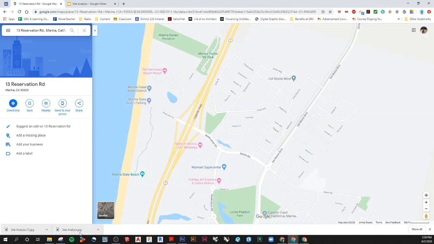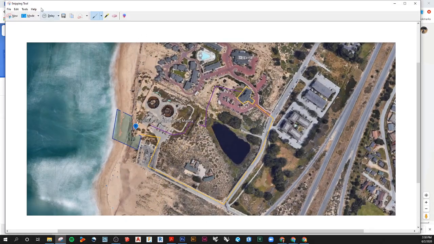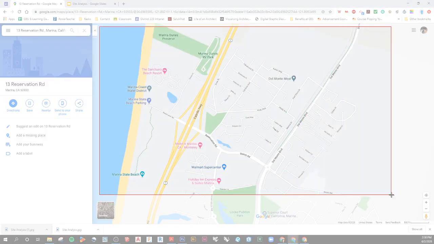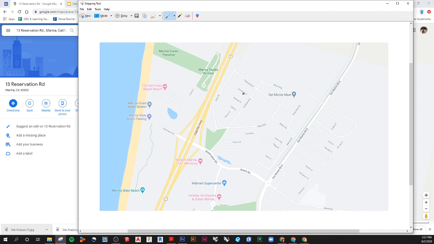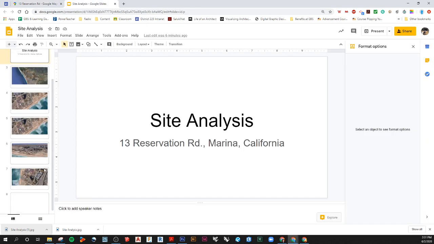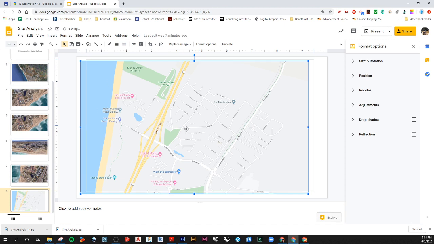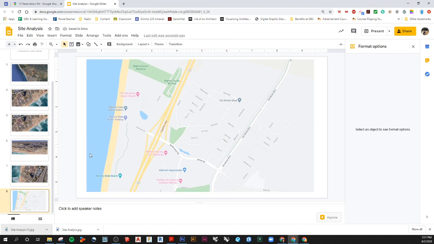So here we're going to use a snipping tool or any other screen capture program that you have for a Chromebook or a web book. And here now that I have this, I'm just going to go and copy it or save it and drag it into my Google Slides. Create a new blank slide, paste that in, Control-V to paste. So now here we have our Google map,